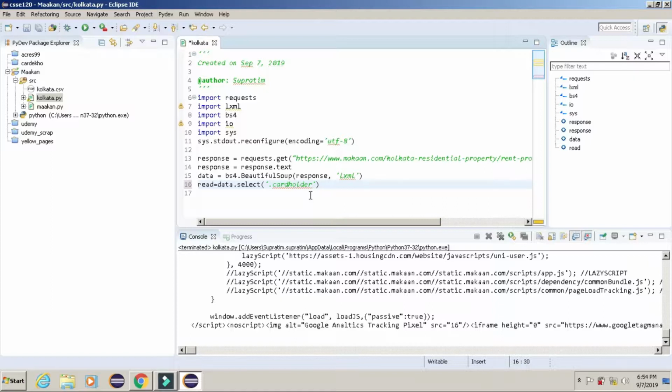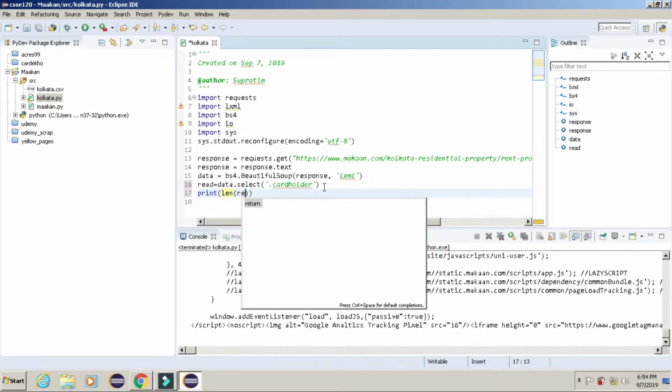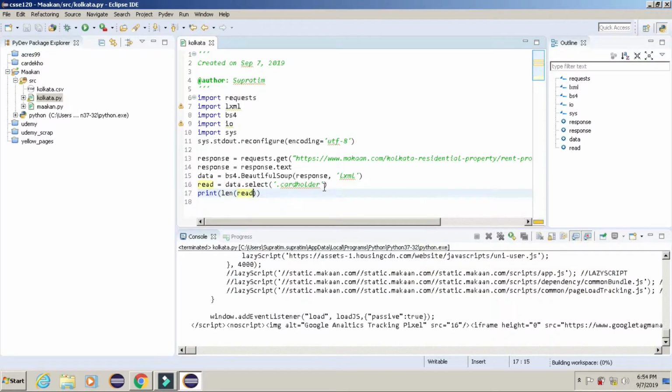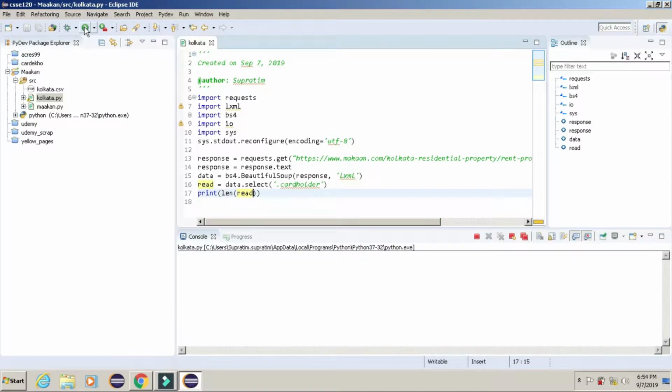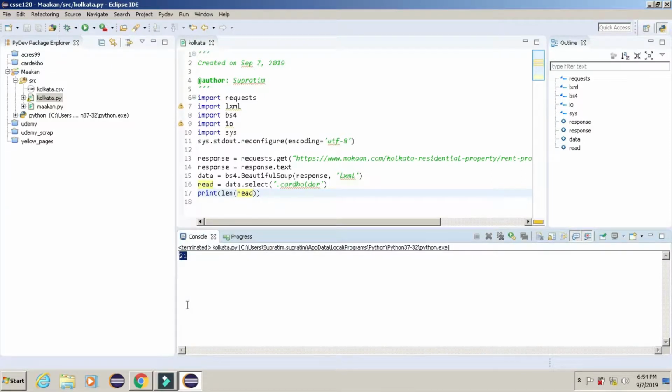Now the part you have to do is check the length of the card holder. So we are going to print the length of read and see how many properties it is listing here. 21. That's great. So in one page it is coming as 21